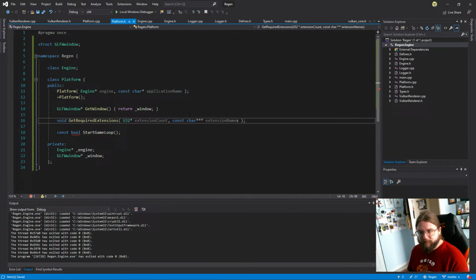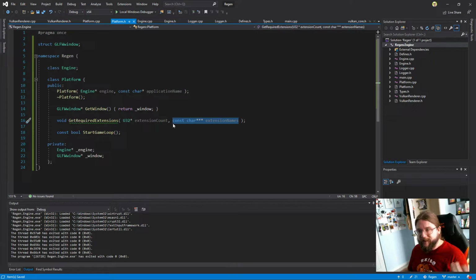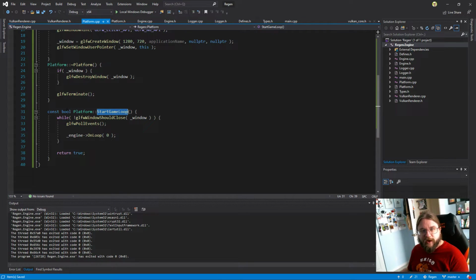So just to explain the reason for this, we're basically going to be creating an array of constant character pointers. And then we need a pointer to that array so that we can actually address that within this function instead of having to pass it back. So it's a pointer to an array of pointers, basically. I think I got that right. Anyway, let's crack on with